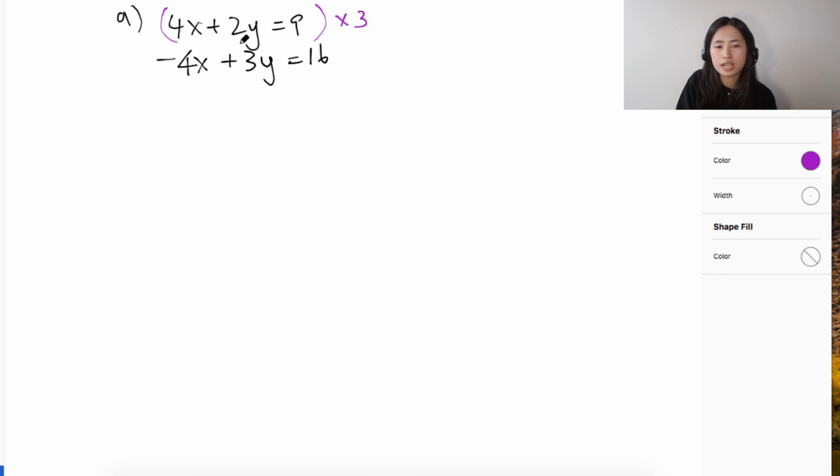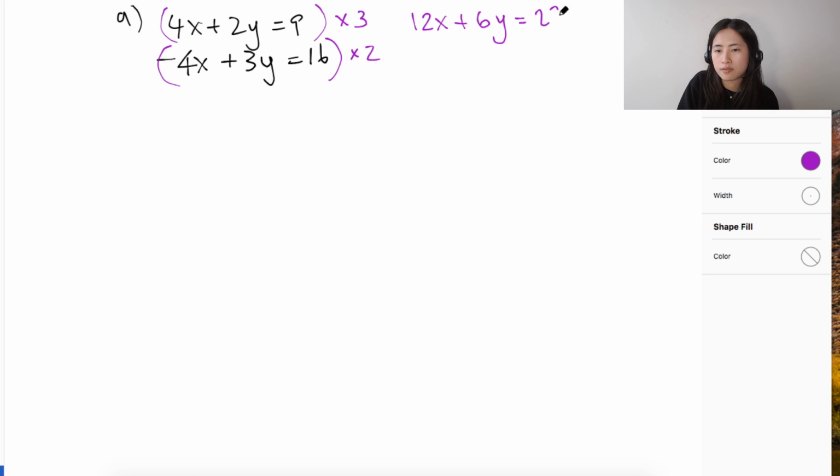So this is times 3 and this is times 2. Once we have this, when we multiply this 2y to get 6y, you need to remember that when we're multiplying this by 3, it's not just 2y. It has to be the whole equation, because otherwise it would be imbalanced. So that's why it's 4x times 3, which is 12x, and this is 6y, and this is equal to